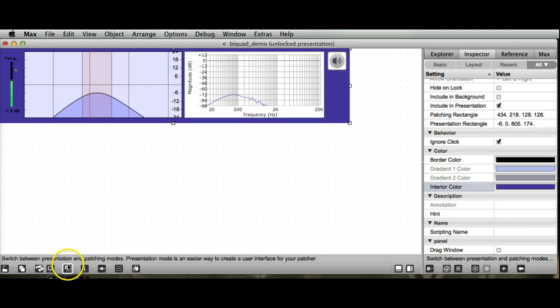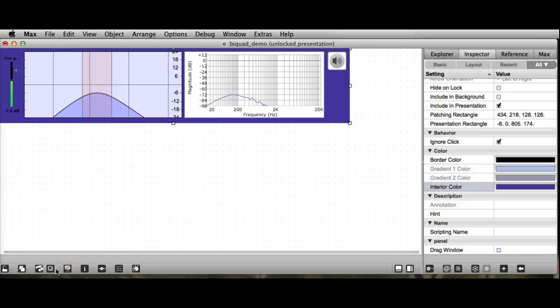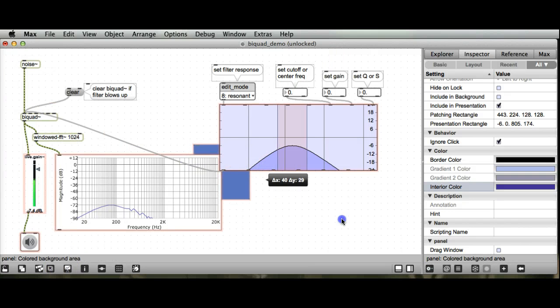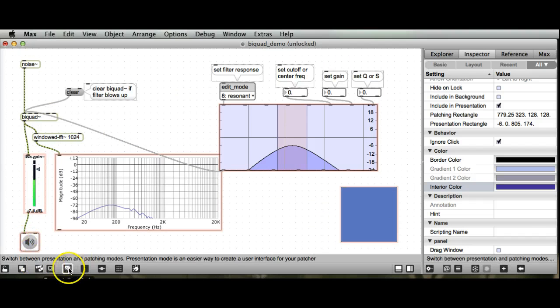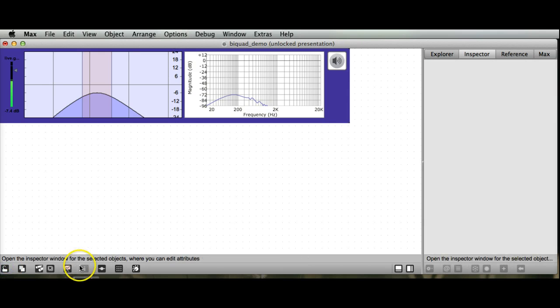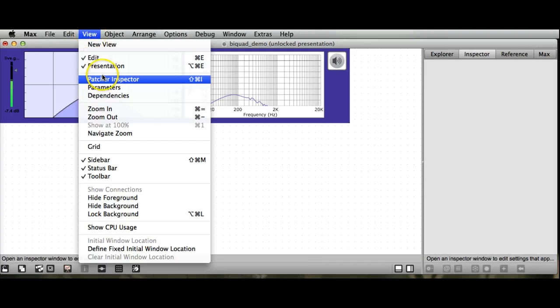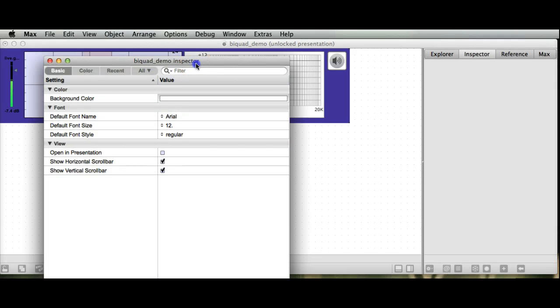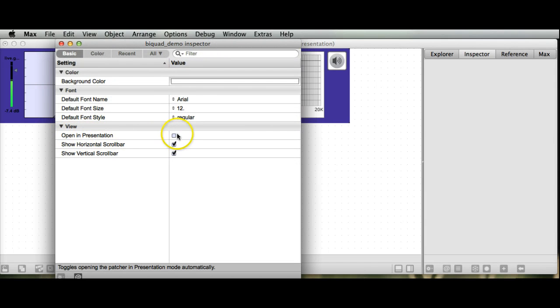If I then put this into presentation mode, we'll see that the patcher is available there, and it doesn't matter where I put this, so I can move it out of the way. In the presentation mode, it will always be put there. The final thing that we need to do, if you always want to open this in presentation mode, is go to edit, click on view and then patcher inspector, and then all we need to do is make sure that we select open in presentation,